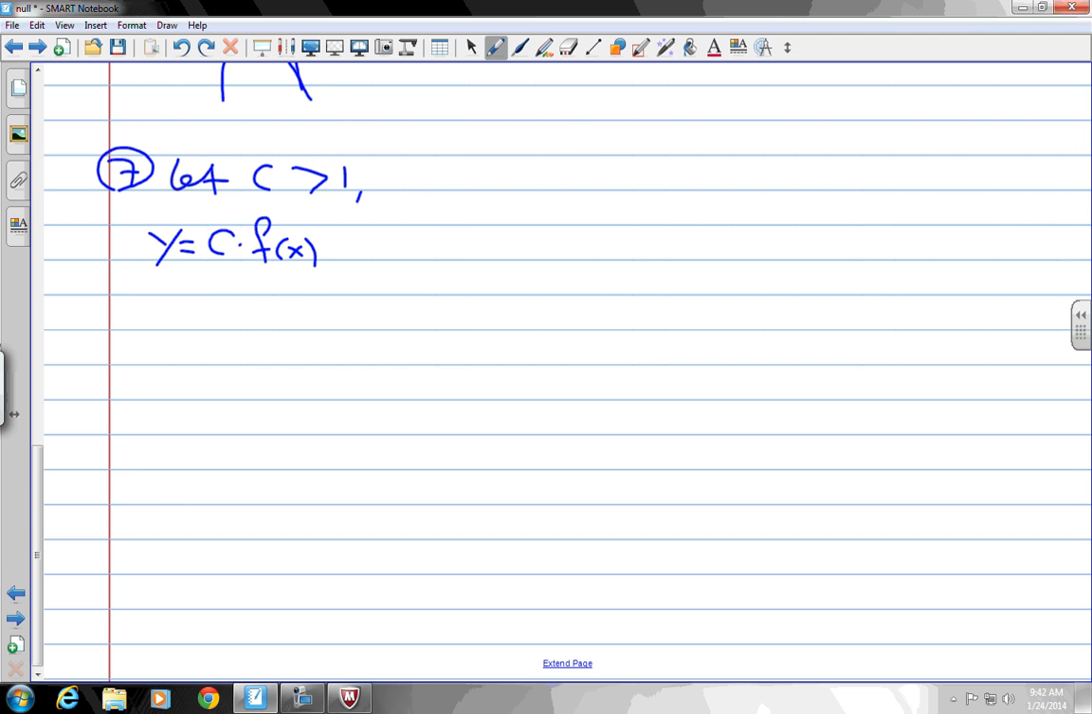So I'm messing on the outside. I'm messing with the function. So I'm messing with the y values. So if C is bigger than 1, let's say if C is 2, I'm multiplying all the values by 2. So the graph, all the y values, get doubled. So the graph stretches vertically. So stretch the graph